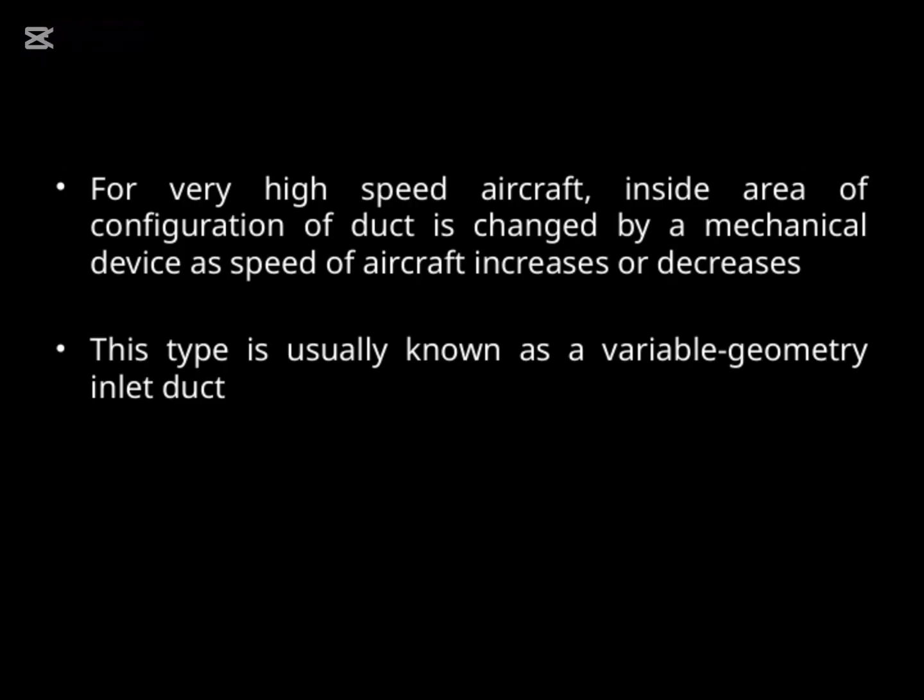This leads us to what is called a variable geometry inlet duct. Essentially, it's a type of inlet that can change shape or size to optimize airflow efficiency across a range of speeds. By doing this, the inlet ensures that the engine receives the right amount of air, at the right pressure, regardless of how fast the aircraft is flying. This concept is crucial in high-speed aircraft because maintaining stable and efficient airflow is key to engine performance and safety. So, in summary, the variable geometry inlet duct is a clever mechanical solution that adapts to changing speeds, helping the aircraft operate smoothly at very high